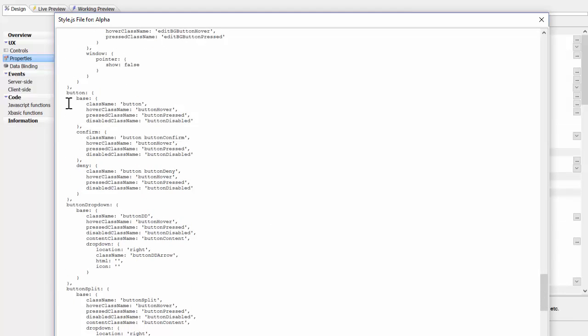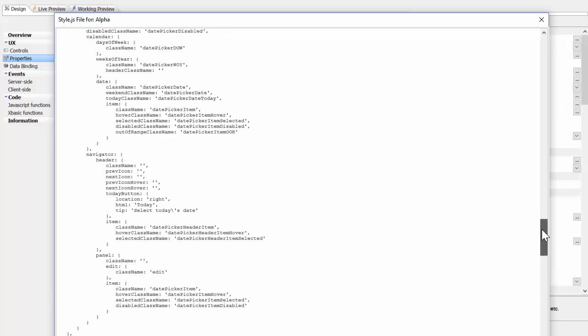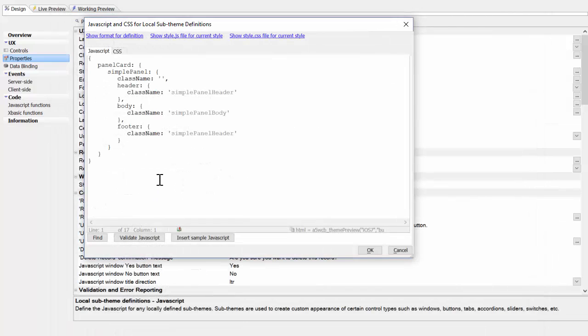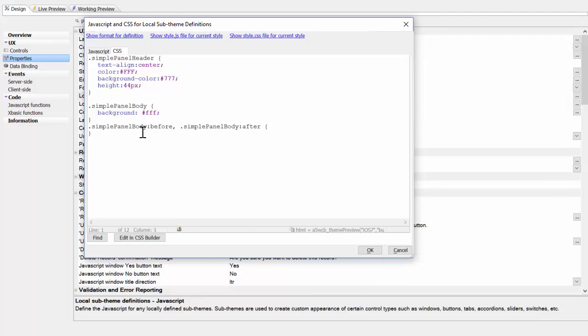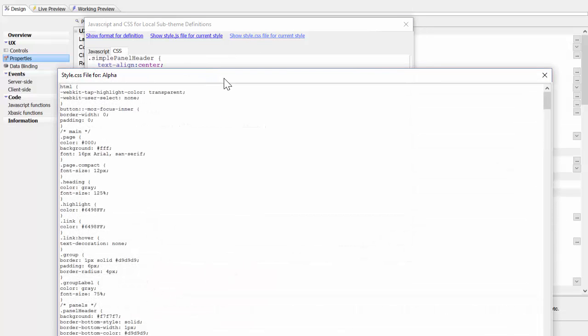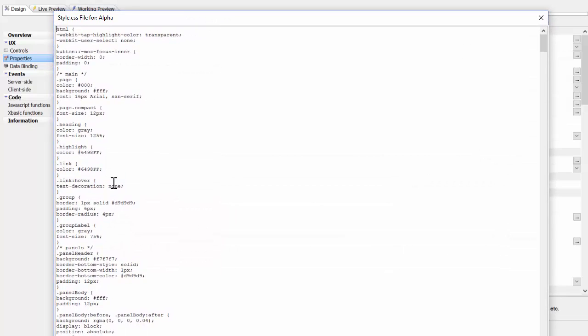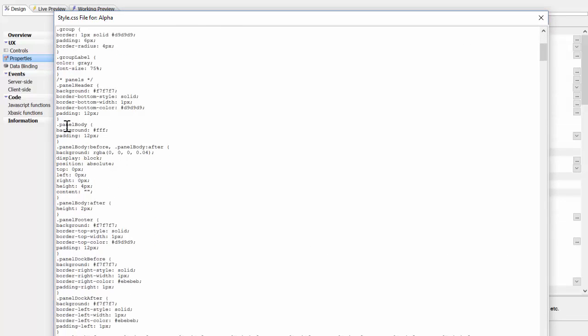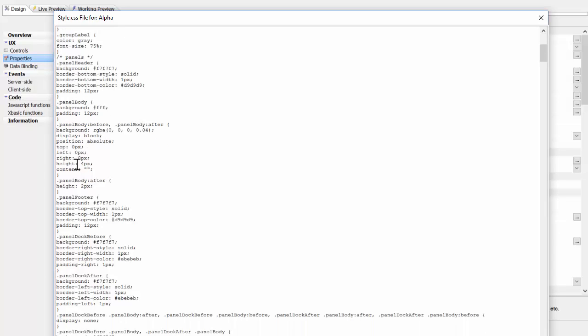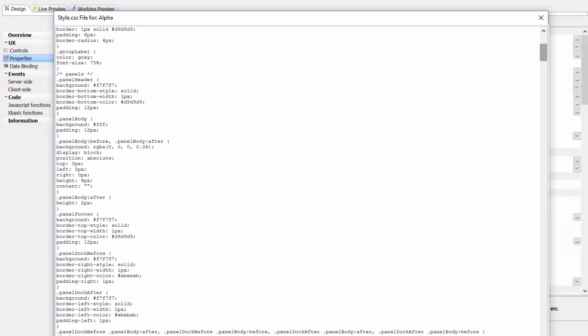You see that for confirm, the class name is button and button confirm. While for a normal one, the class name is just button. Okay? And so this JS file takes care of associating the names of the CSS classes that are used at different places. So for example, here is the panel body and background, and here's the before. This is where that happened. And if we go down to button,